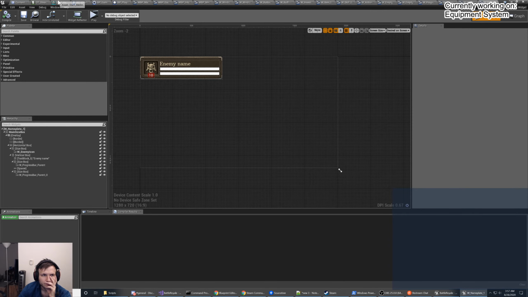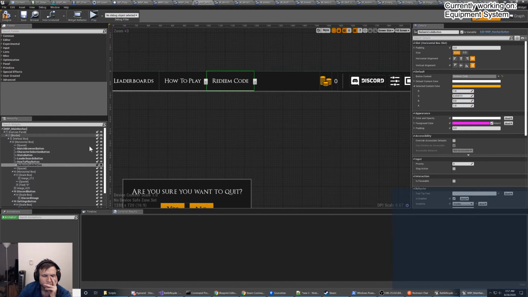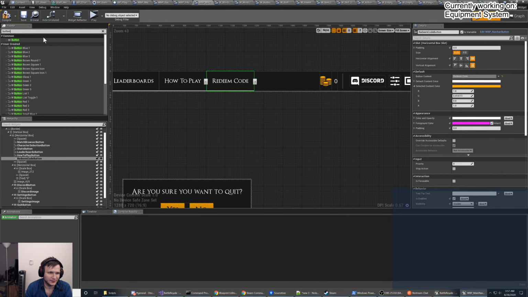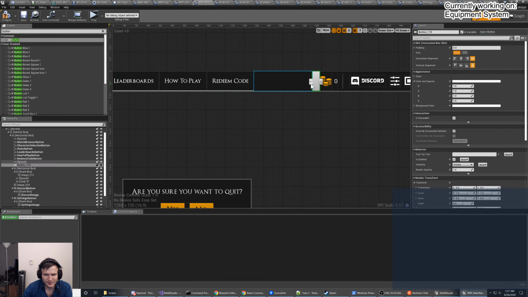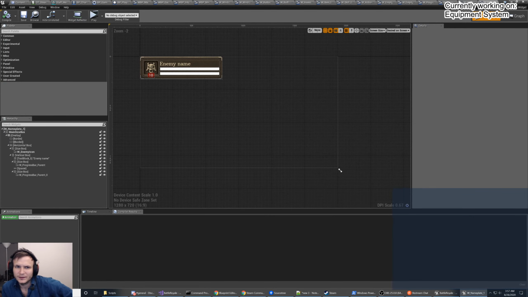He was smart, how he did that. I think I want to just add a button. I want it to be on this side of the spacer, right? And